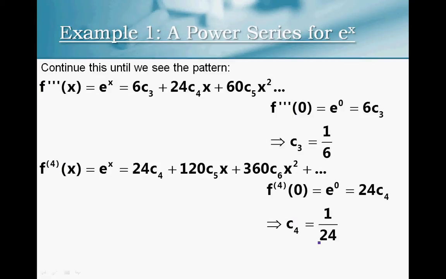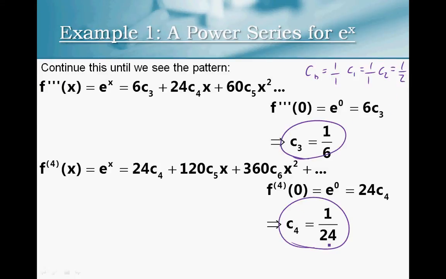And now, one thing you might want to do, and you're under no obligation to do this, but I think a good idea would be to pause the video right now and see if you could find a pattern with C0 being 1 over 1, C1 being 1 over 1, C2 being 1 over 2, C3 being 1/6, C4 being 1/24. And you will eventually figure out what that pattern is, so I'll let you pause it now and restart it. Okay, now that you're back, or maybe you didn't pause the video in the first place, but either way,